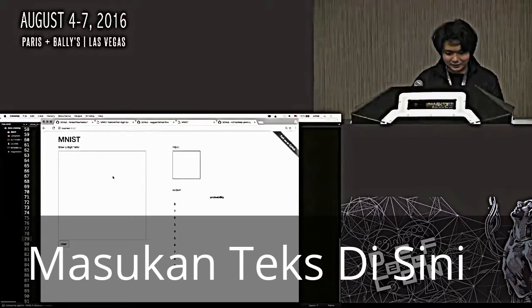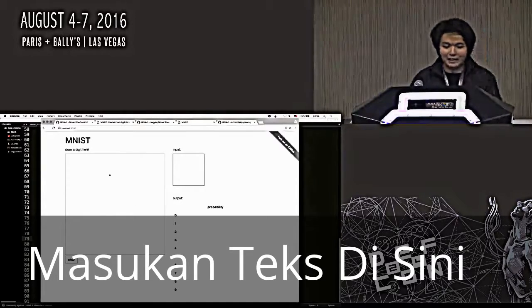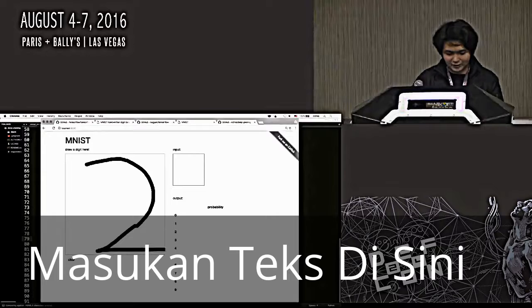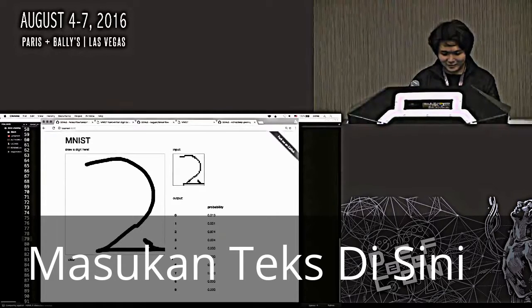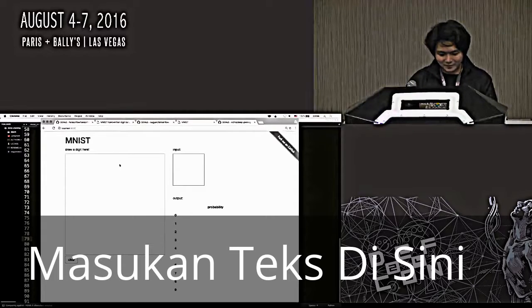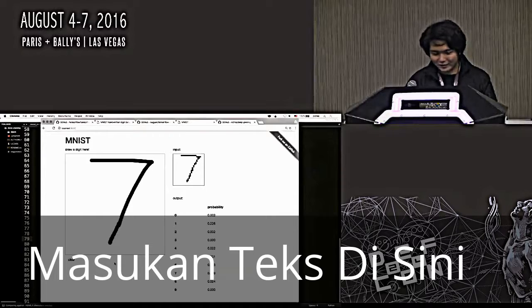So let's see here. This is a real-time classifier predictor for digits. If I were to write a 2 here, let's see if it predicts it correctly. Okay, 2, even though there's that weird thing. So it's pretty good. Let's do a 7. Oh, 7, that's great. Only 0.7